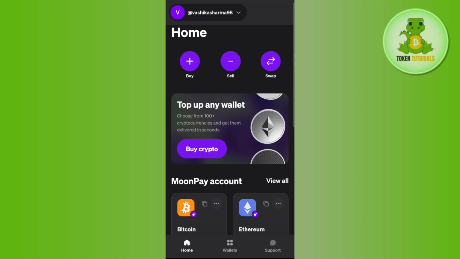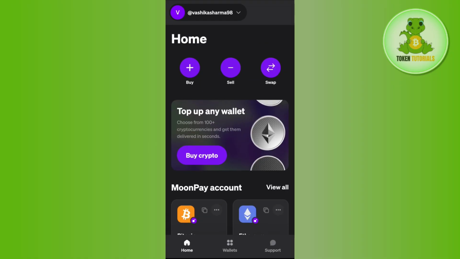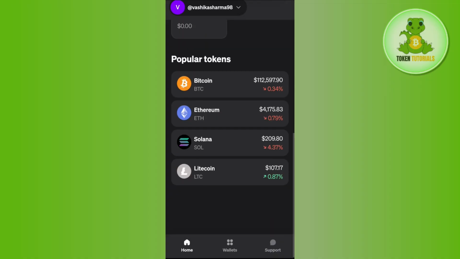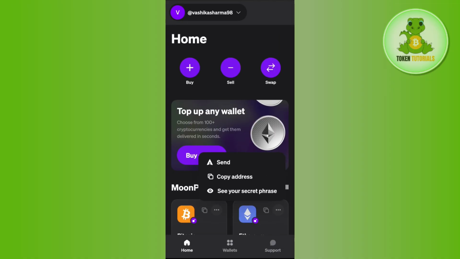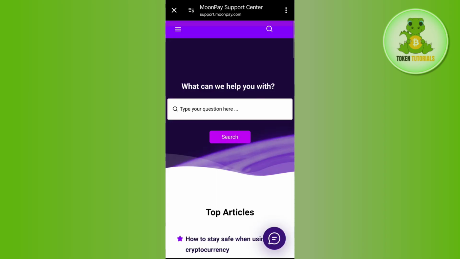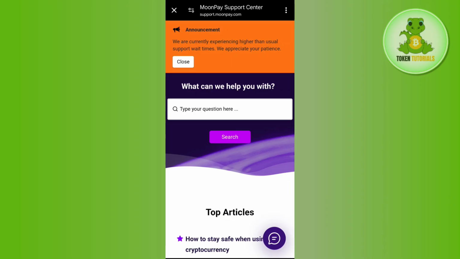First of all, you need to launch your Moonpay application. Then you need to log in to your account if you haven't already. Once you are inside your Moonpay application, the third option in the bottom right hand corner of the screen would be support. You can tap on the support option to access the Moonpay support